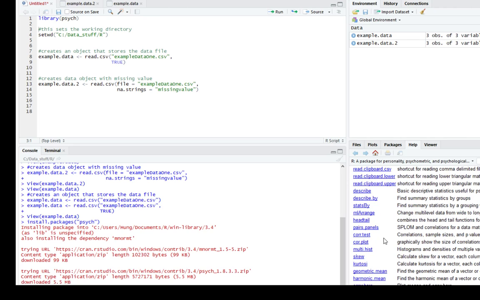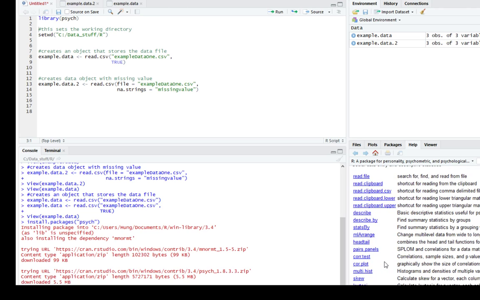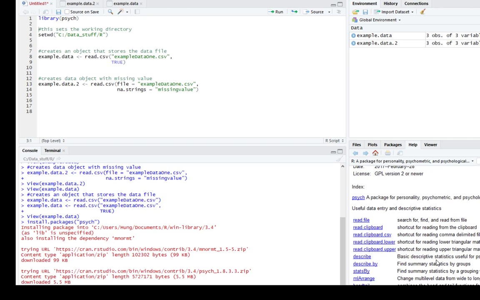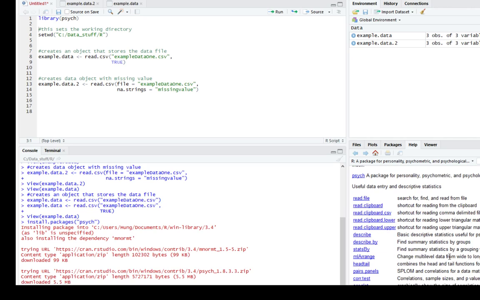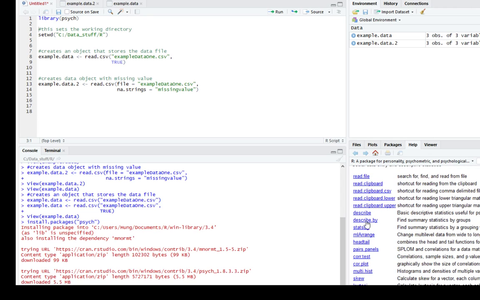So again, you don't have to reinvent the wheel if you don't need to. Of course, if there's something out there that hasn't been made yet, or if there's some specific function or task that you need to accomplish, you can write it yourself, obviously. But there's a good chance that someone else out there probably created something similar for what you need. But yeah, so this is the Psych package, and it includes a lot of cool stuff for you. So let's go ahead and just use this one, the describe function here